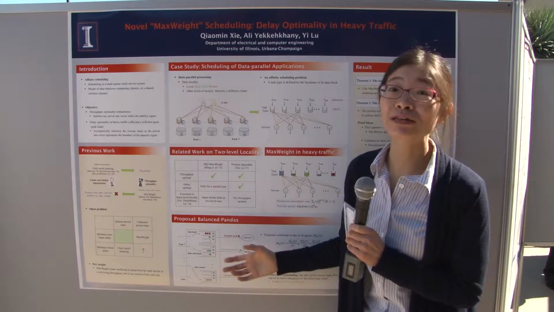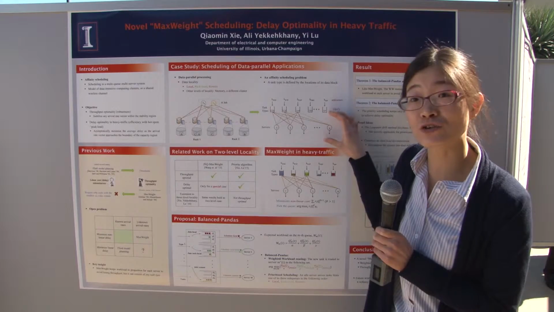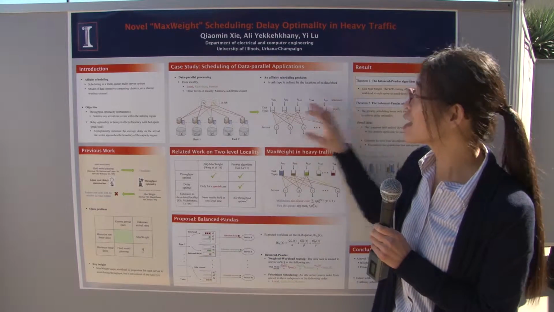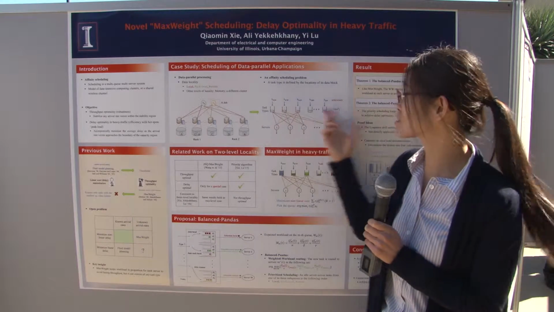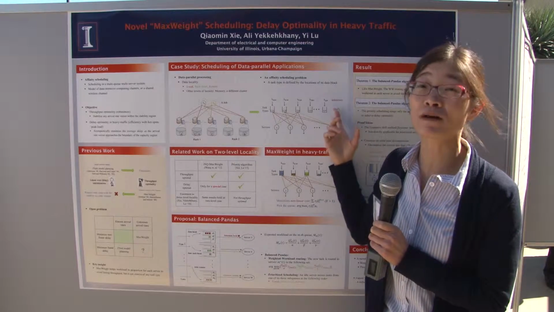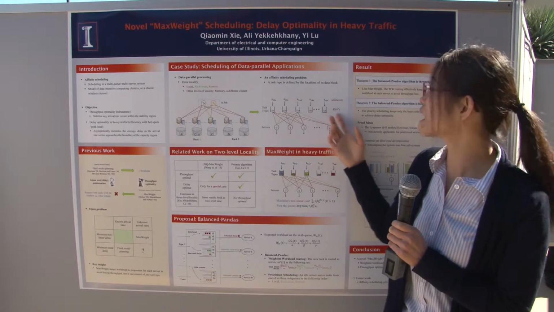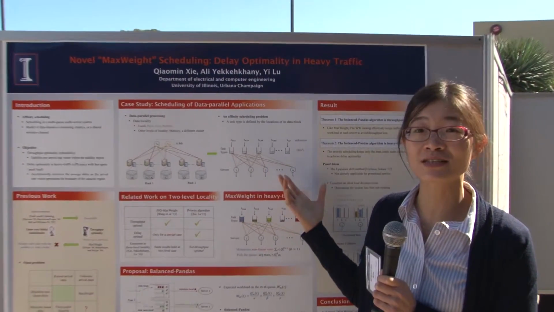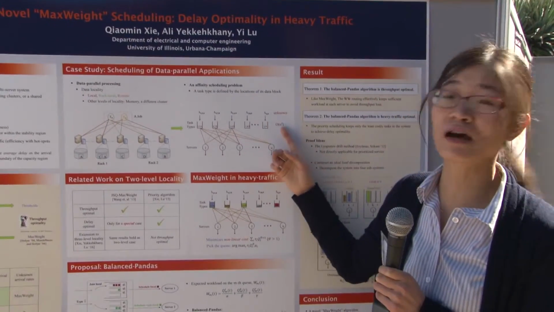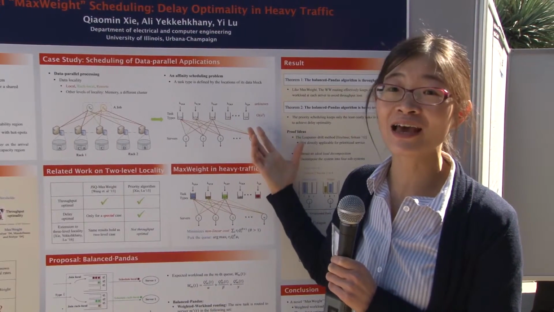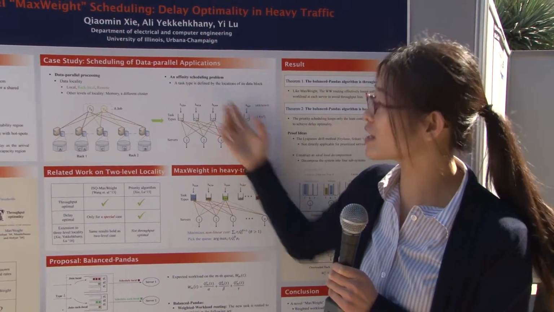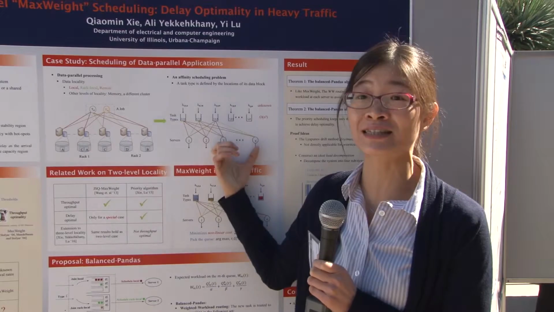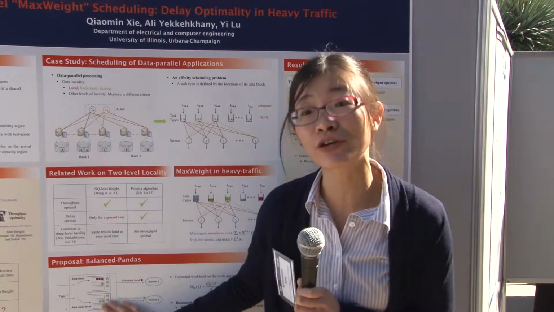To design the algorithm, we first need a new queuing structure. For our problem, the number of task types is about cubic in the number of servers. For a data center, the number of servers is large. So for instance, for systems with 1,000 servers, the number of task types is about 10 to the power of 9. That will be huge. So it is impossible to keep one queue per task type. So we designed a new queuing structure.